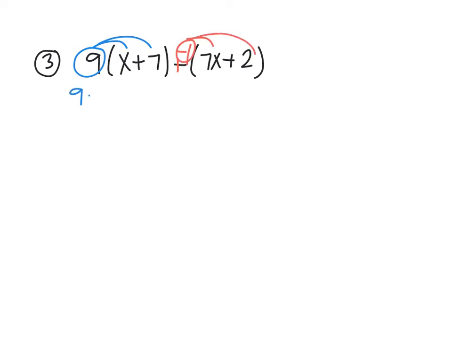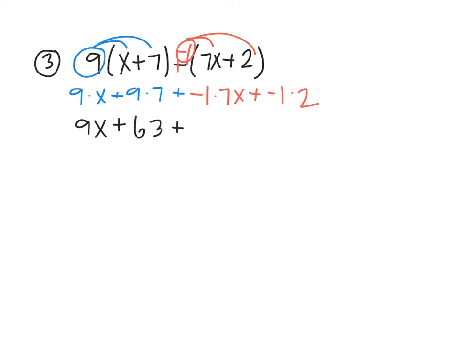So I have 9 times x plus 9 times 7 plus negative 1 times 7x plus negative 1 times 2. And then I would simplify. 9 times x is 9x, 9 times 7 is 63, negative 1 times 7x is negative 7x, negative 1 times 2